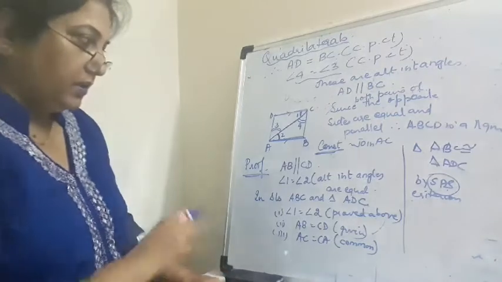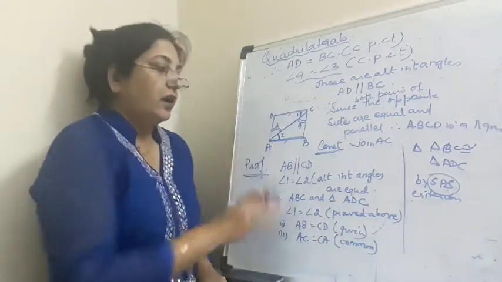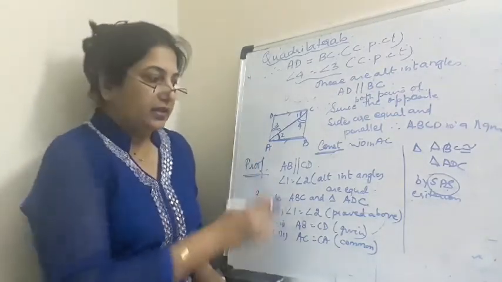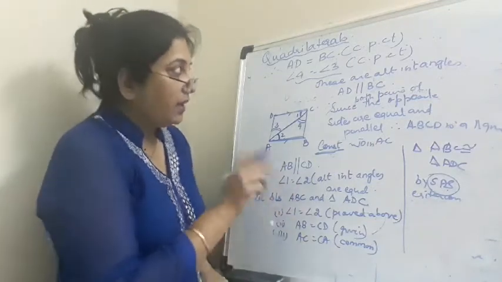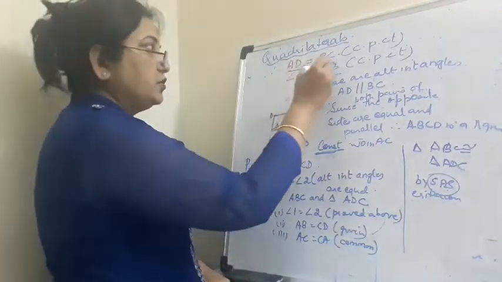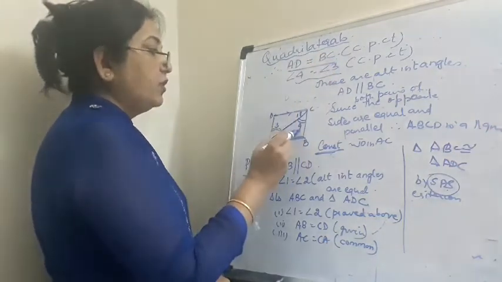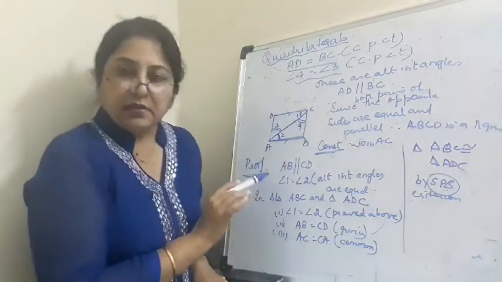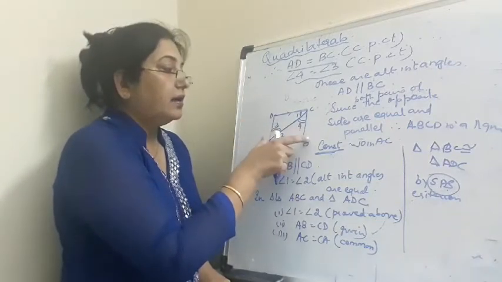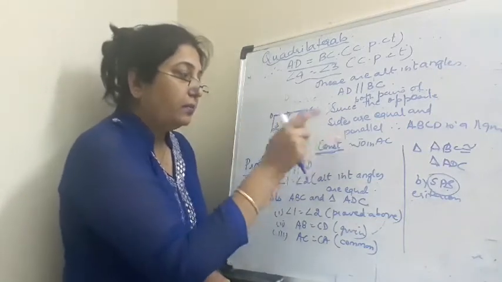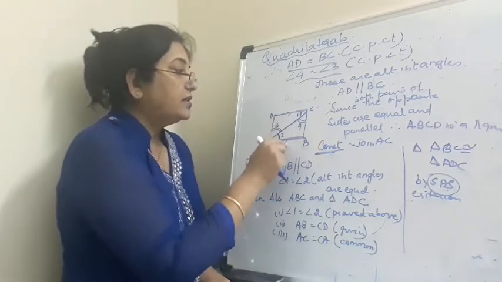Okay, so I hope this is clear to you. You will draw the figure, and as you go through my video, you will understand, write the steps systematically, prove the two triangles to be congruent, and then write the corresponding parts to be equal, because 3 and 4 are alternate interior angles, and since they are equal, these lines are parallel, and these two opposite sides are parallel and equal, then it is a parallelogram, because already this pair is given to be equal and